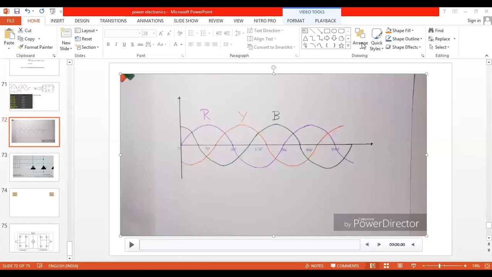So today's class, we concentrate on only three-phase full converters. Only one circuit is quite sufficient to explain for resistor load and inductor load. In order to understand the three-phase converter, you must be perfect with this diagram, the three-phase input supply. I hope all of you have seen that video which is made and all of you have drawn the diagram. Anyone student confirm?